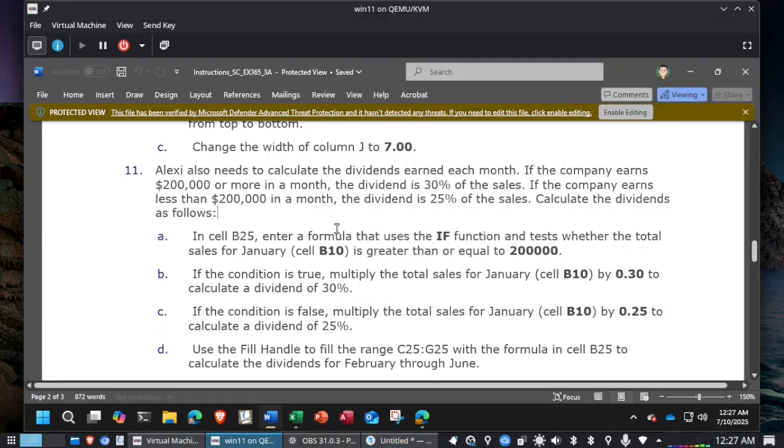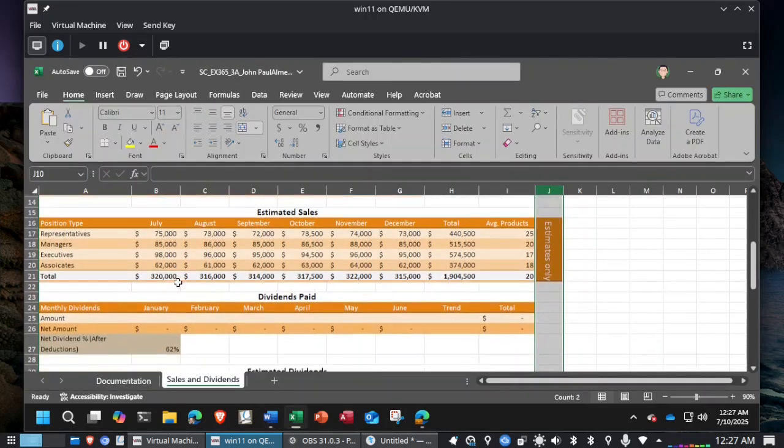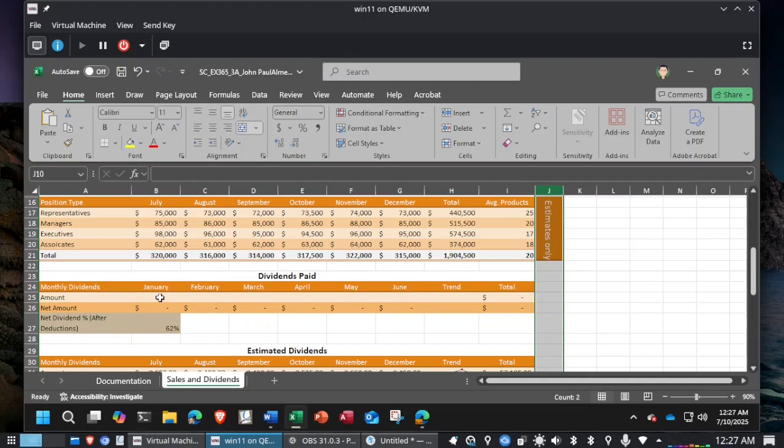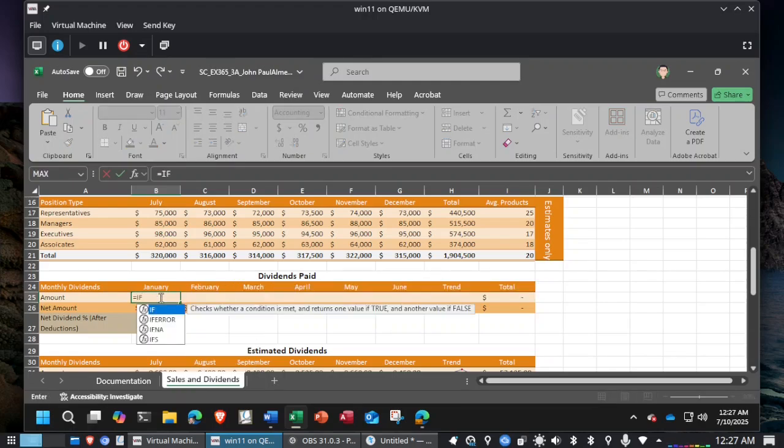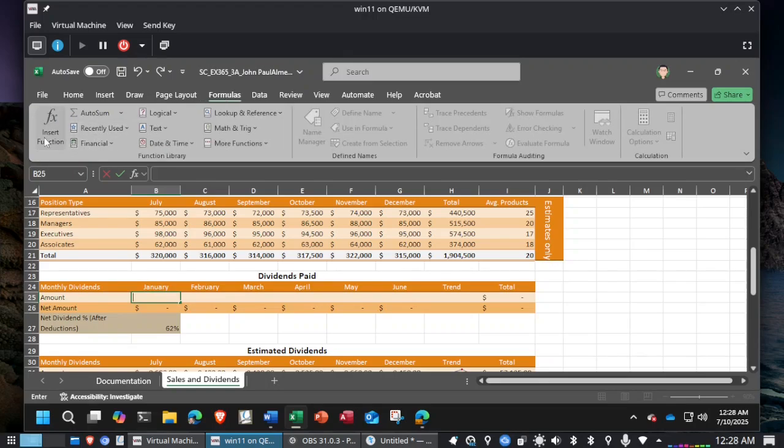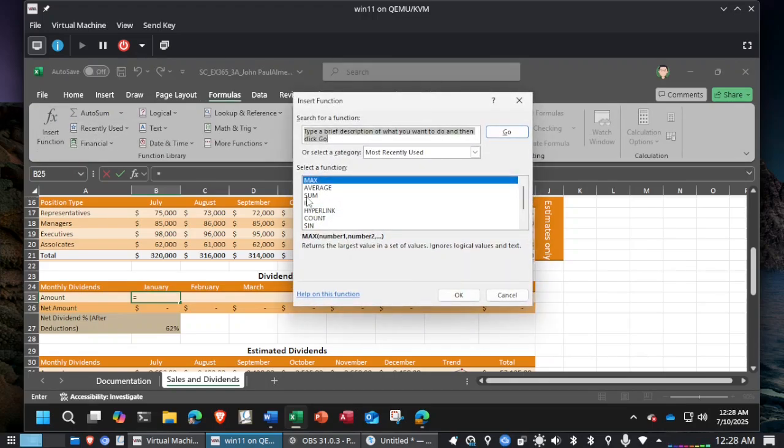In cell B25, enter a formula that uses the if function and tests whether the total sales for January, cell B10, is greater than or equal to $200,000. All right, so here's the monthly dividends, and we will go into cell B25 here for the month of January, and we'll start with the if function. Now, you could type it out, or you can click on the FX button for insert function, or go to formulas, insert function, and we can look for if,